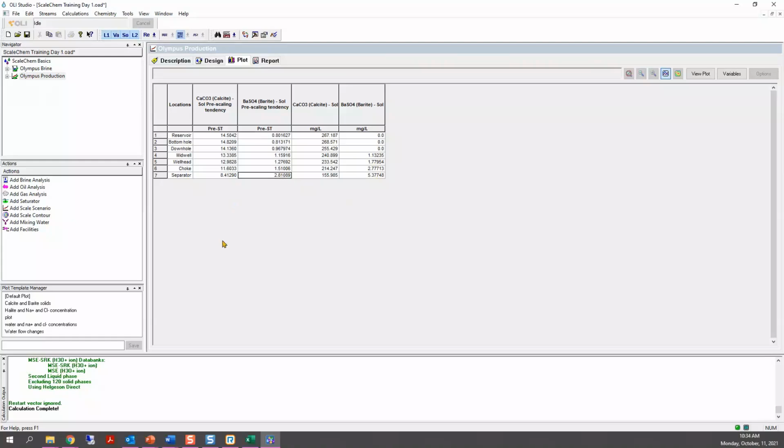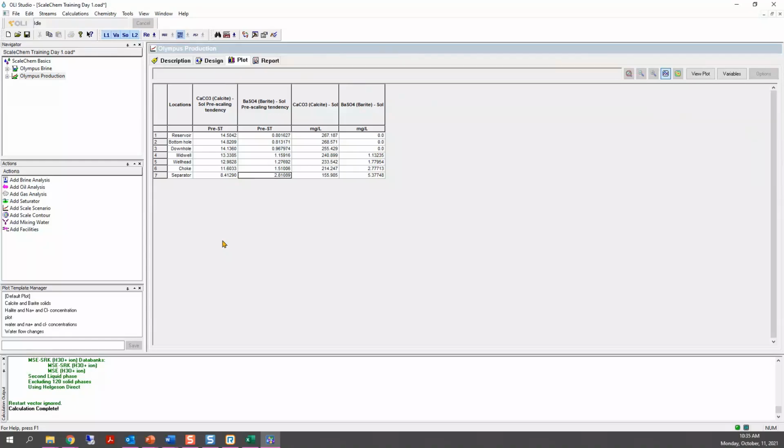So the combination of these prescaling tendency values and the mass predicted to precipitate out, these values are the ones that are used by chemical suppliers or by the operators because it will help them to quantify the risk, or at least to create a qualification of the mineral risk, right? So you may have this information, and then you will need to decide the scale inhibitor that would be best to use here, and which concentration you need to use for that scale inhibitor.